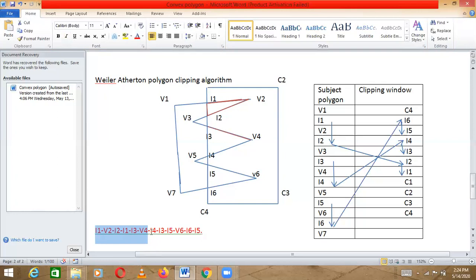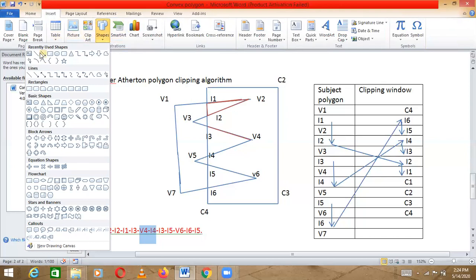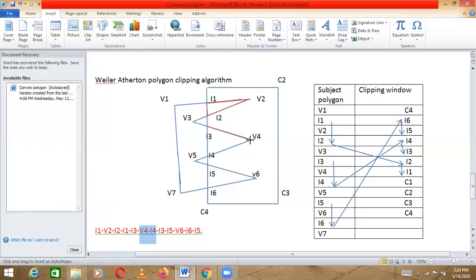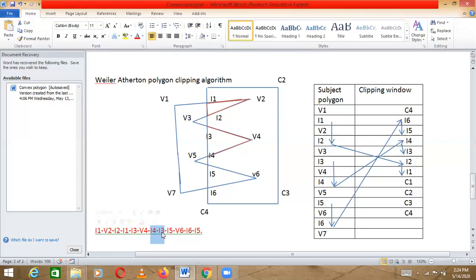Then the next point is V4 to I4. So V4 to I4. Okay, this is covered. Now after that we have to go from I4 to I3. Here is I4, and I3 is this upper intersection point.